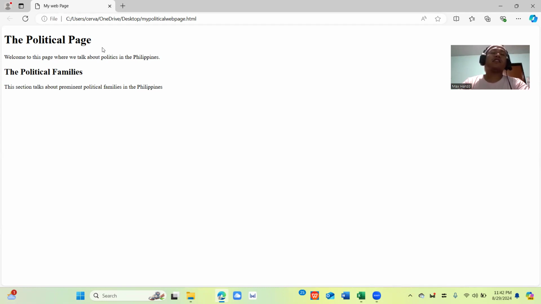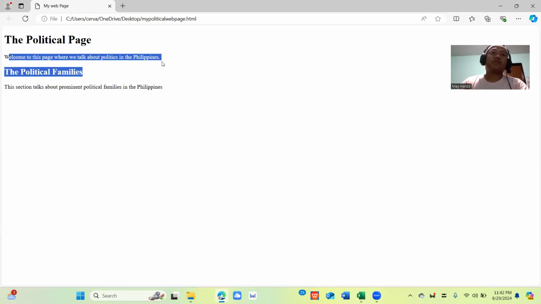And then the first section or the header, I named it as the political page. And it is printed in bold and a larger font just to put emphasis on the title of the page.